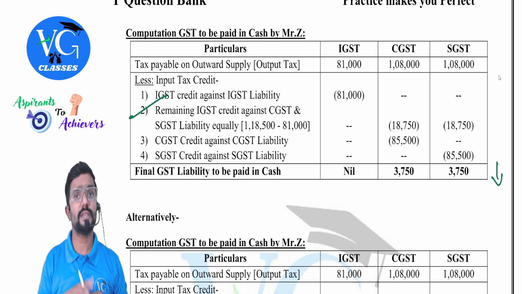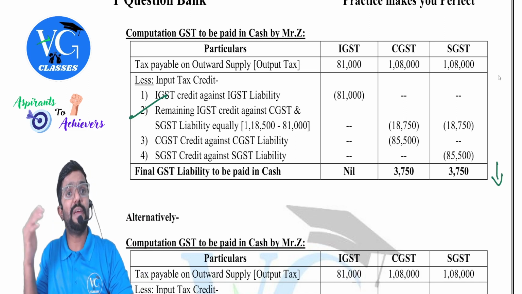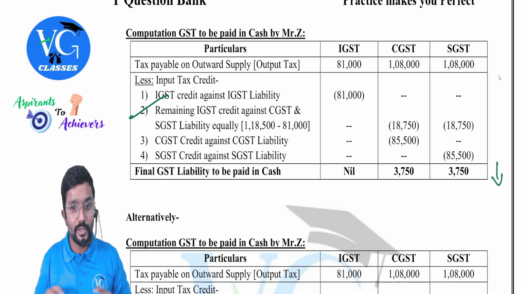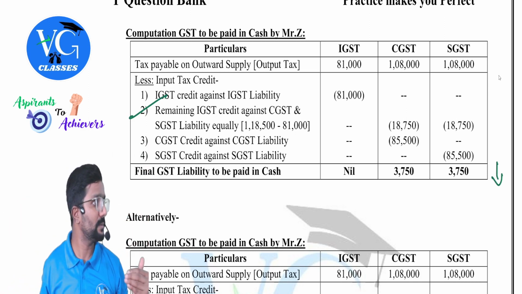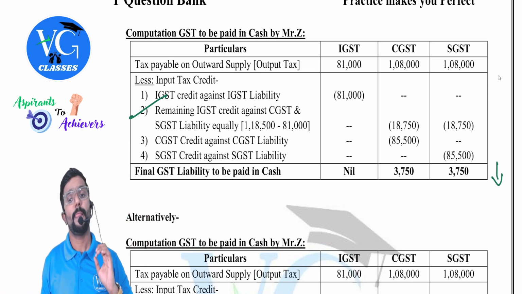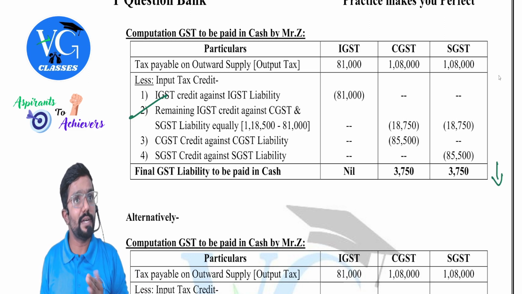Clear? Because in the question, sometimes they will simply ask like this: calculate the amount of GST to be paid in cash by Mr. Z. So that is what they are expecting, that last line. Obviously, can I go and directly do that? No, you have to take care of the steps. Clear? Yes. Actually, the main working is this only, but obviously if these figures are not directly given, first we